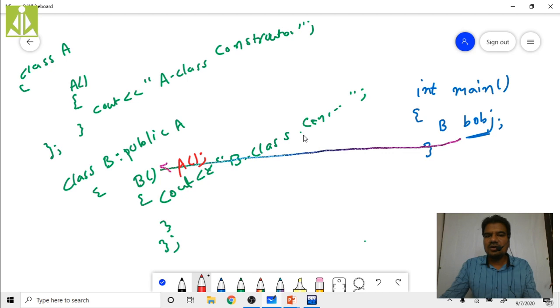Generally your compiler will treat the complete code like this. First it will treat the B class object creation, so it will call the B class constructor. The compiler will jump from here to here. Then inside it will consider this A class constructor call as the first statement, so the control will jump to the A class constructor and start executing. It will print this message on the output screen, as the first statement.